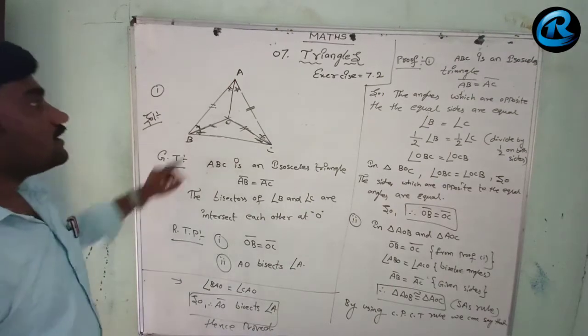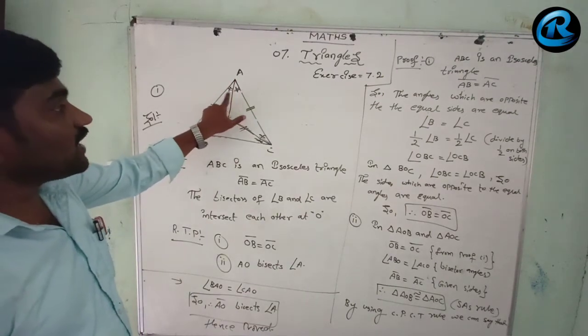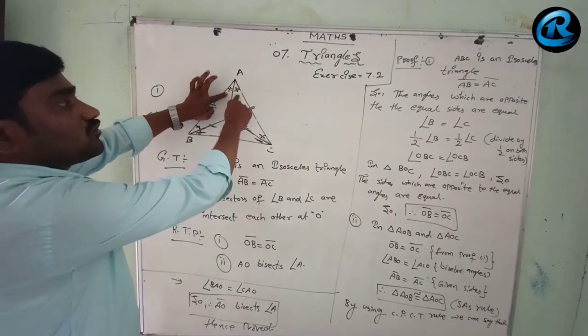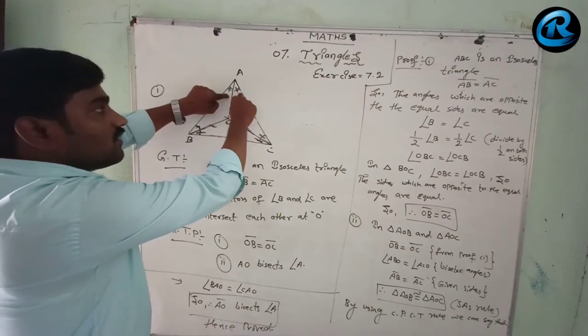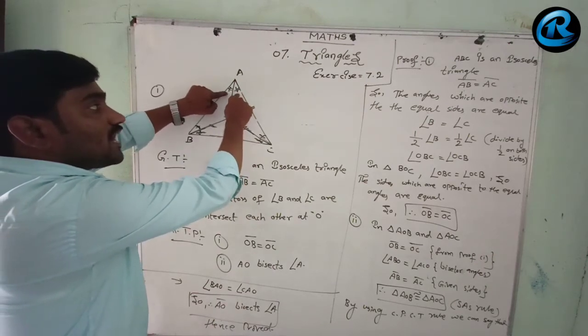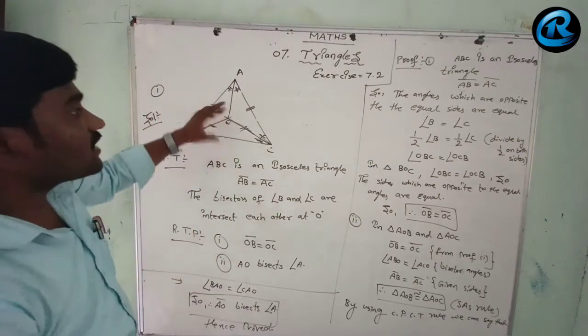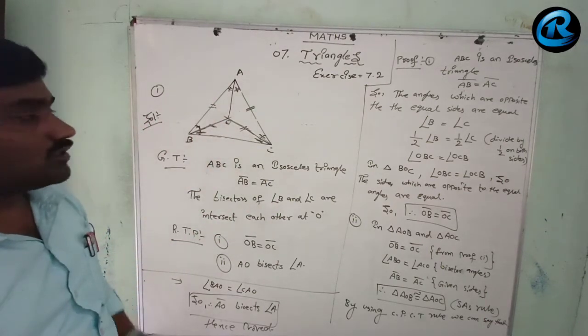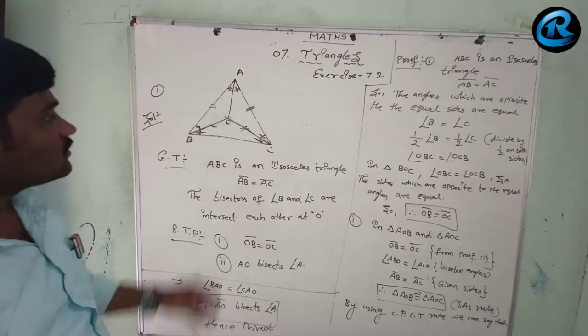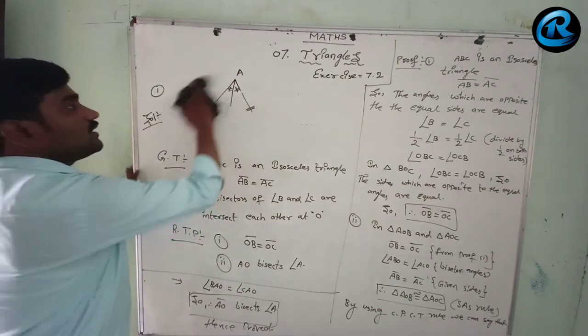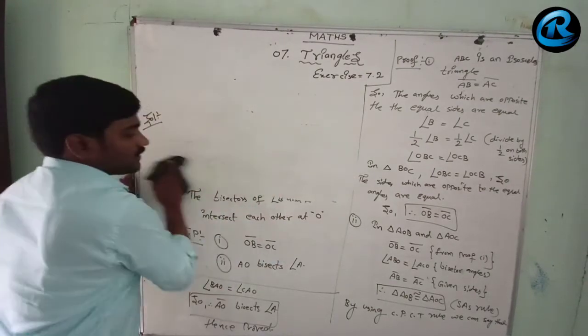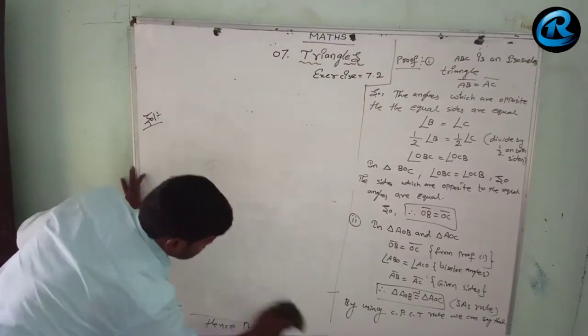We have proved that these two angles are equal. Why are these two angles equal? By the CPCT rule, these two angles are equal. So when will these two angles be equal? Only when it is bisected will they be equal. Those two angles are equal only if they are bisected. So we proved that it is a bisector, right? So simple. Look, if you do it simple step by step, you get the perfect answer.